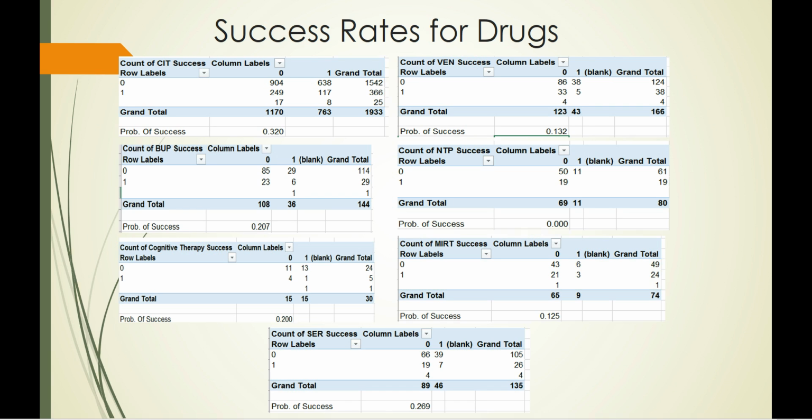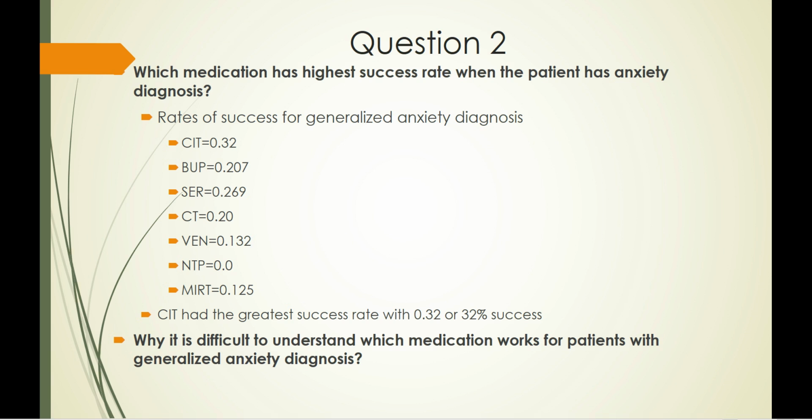Question 2 wants us to determine which of the medications has the highest success rate for an individual suffering from an anxiety diagnosis. In order to do this, we repeat the same steps that we did earlier for the citalopram success, just substituting it with the different medications. Once we have calculated the success rates, we can see that citalopram had the greatest success rate of